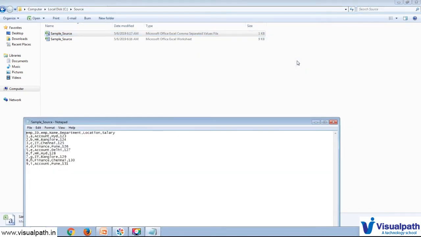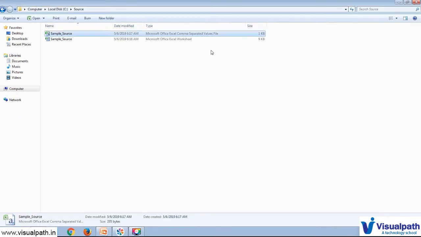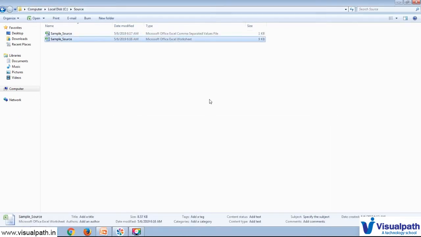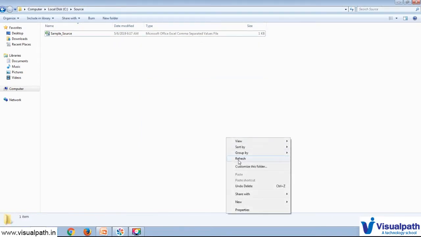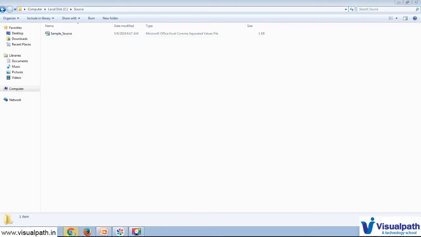Okay, so I'm going to take this as source system and write into some other flat file. Okay, now I'm going to log into the Informatica Cloud account.